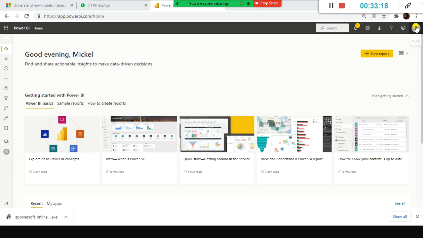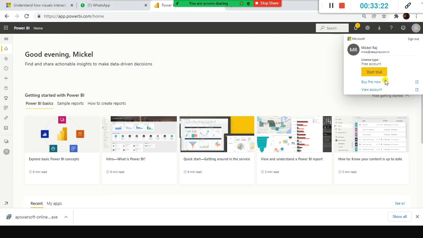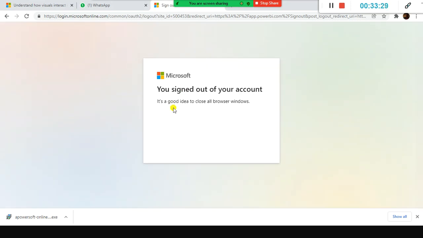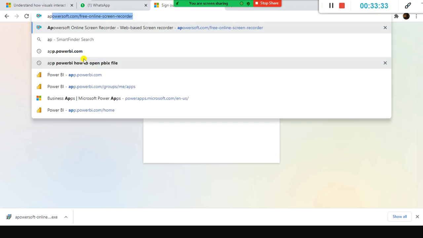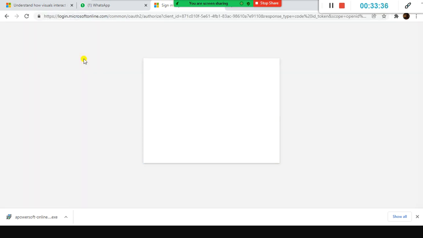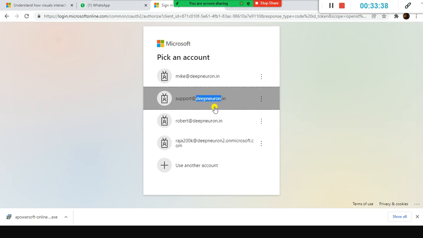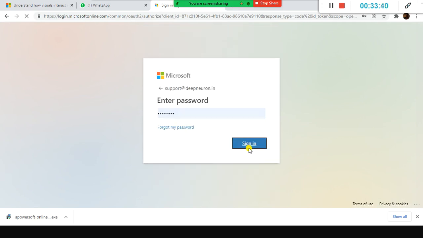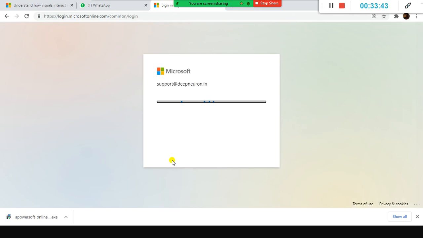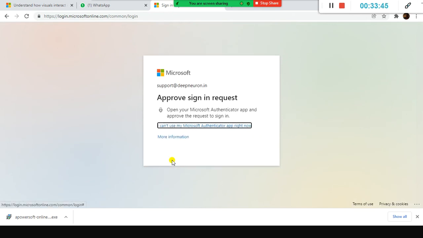One second, let me just check. How many of you have created the login credentials for app.powerbi?